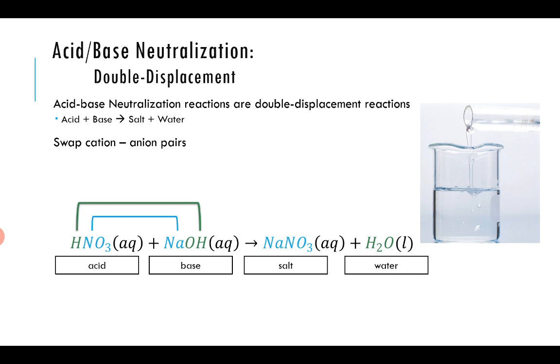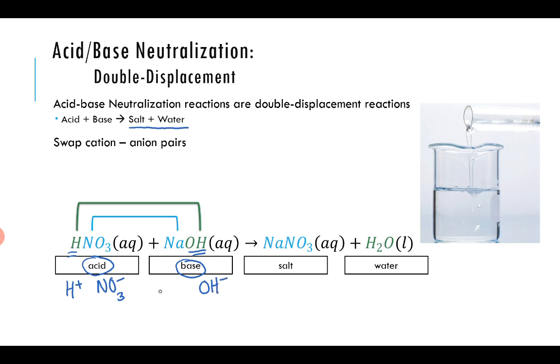Next up, we have acid-base neutralization reactions. Acid-base neutralization reactions are double displacement reactions where your products are salt and water. And so we're trying to swap our cation and anion pairs. And so here we have an acid. You see the H listed first in the chemical formula. And we have hydroxide, which is an indicator that we have a base. And so if we figure out our ions, we have H plus ions, nitrate anions,